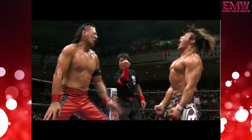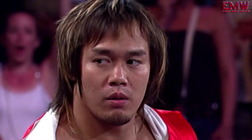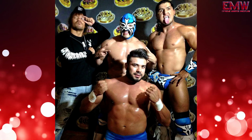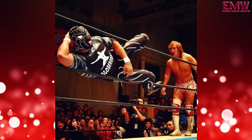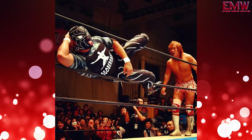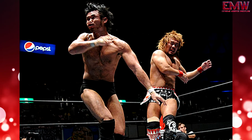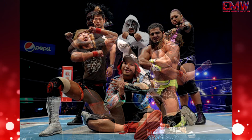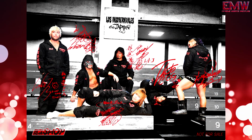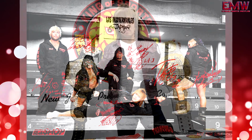against Hiroshi Tanahashi. This led Naito to being distraught and upset, and causing an excursion process for him to go to CMLL in Mexico, joining the then new heel group Los Ingobernables, created by Rouge, also members like La Sombra, and they accepted Naito into the process, which Naito would then return from excursion into middle of 2015, going into 2016 in New Japan as a heel, which then, the rest is history, led to Los Ingobernables becoming such a beloved group, and began the process for Naito to become eventually double champion of the IWGP Heavyweight Champion and IWGP